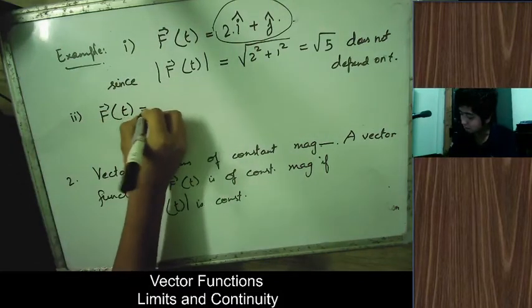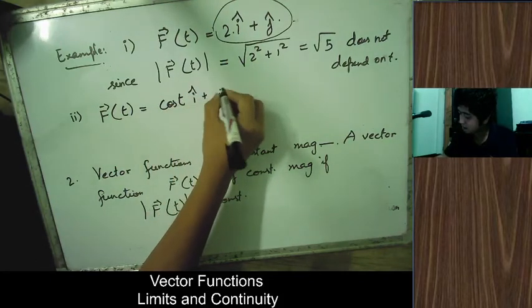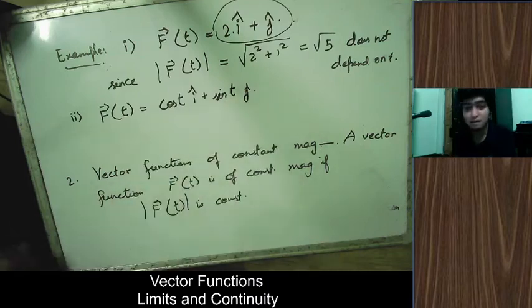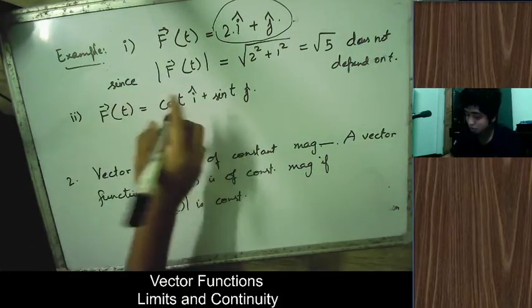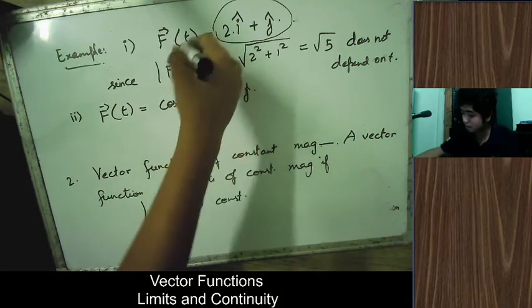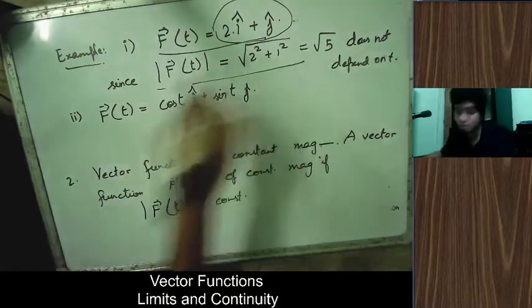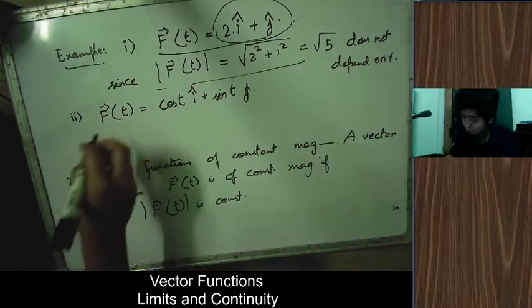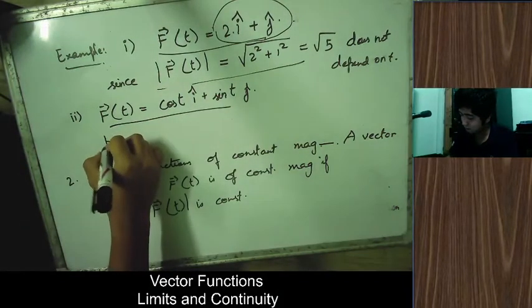Let us take f(t) equal cos t i plus sin t j. So this one, it is not constant, right? It is not constant because it depends on the variable t. Compare this one with this one. This one, it is constant. Also, it has constant magnitude. This one, it is not constant, but